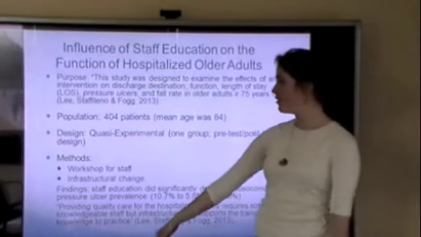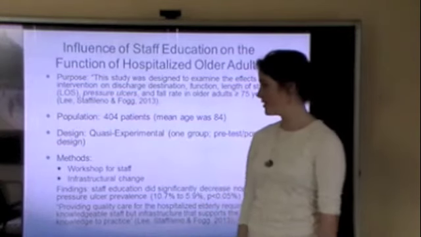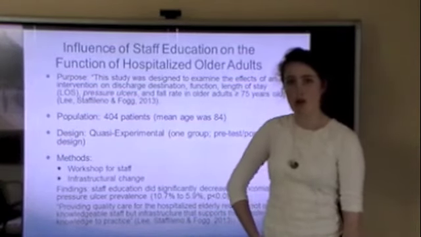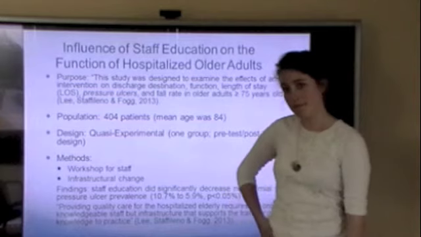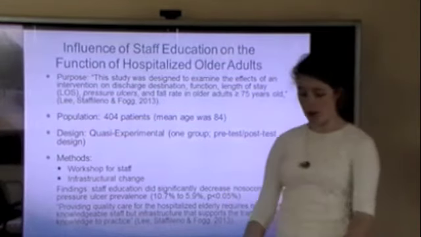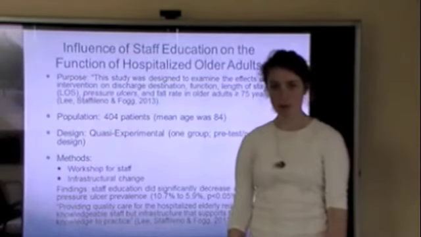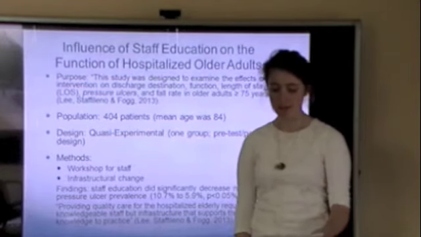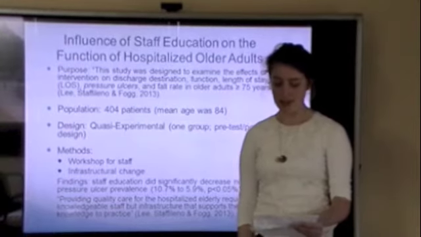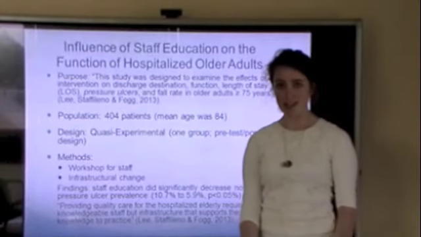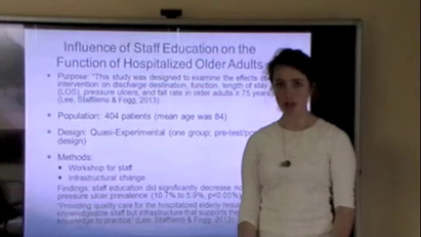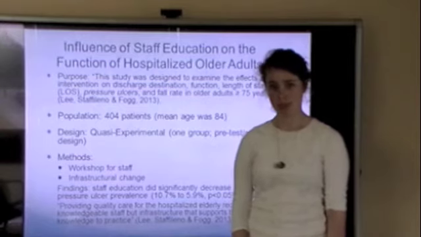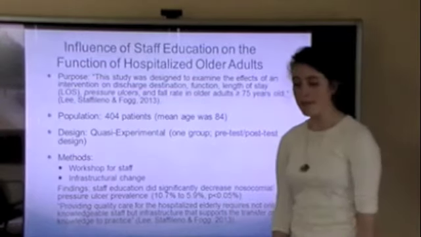My population was 404 patients with the mean average of 84, all over the age of 75. The design was quasi-experimental pre-post test with 2 phases. The first phase being a workshop for staff, CNAs, standardizing care for the patients, and the second phase was infrastructural change over 2 months and data collection over 9 months. The level of evidence was 3, and the findings